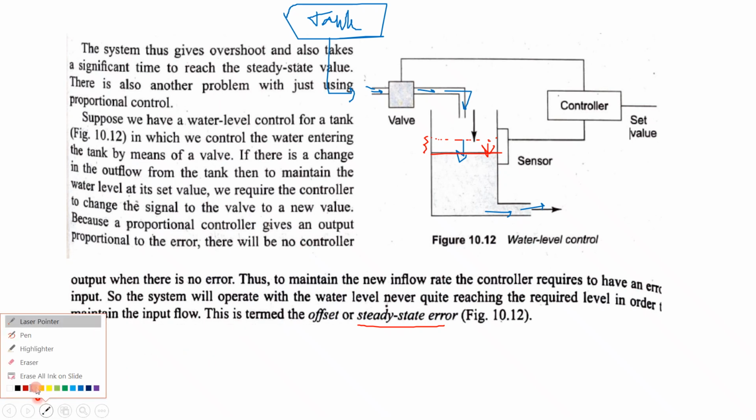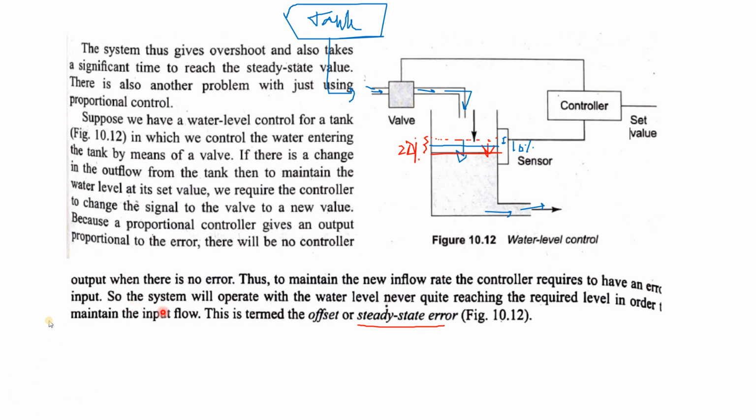Now the thing is, look here, suppose this offset error is 20%. If I want to make necessary changes in the value of K and Kp from the beginning, so that the water level is not reduced too much but only up to here, then suppose this value is 10%. Offset error is 10%. Now you have designed a system which has less offset error.